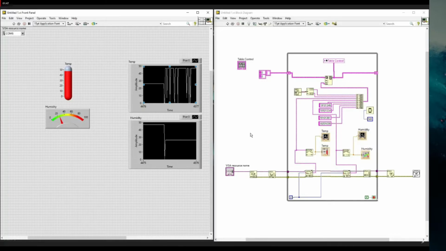The array is set in a while loop where time, data, and sensor values are input. Extra 4 pins are the IDs of our group members as input. VISA input is created for getting the values of temperature and humidity. The output of the array will be recorded in the table by using the table control, and the temperature and humidity readings will be shown in the temperature meter and humidity meter.